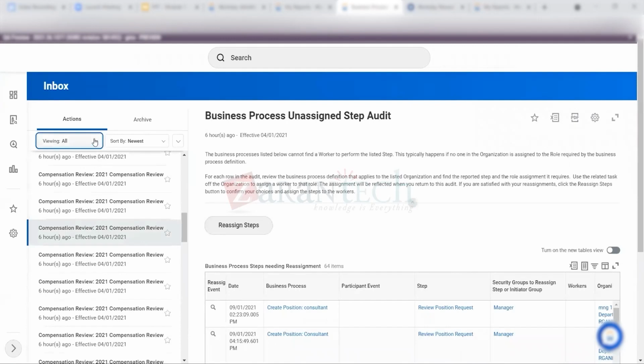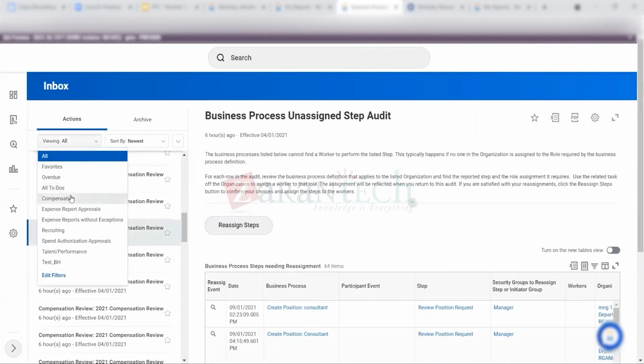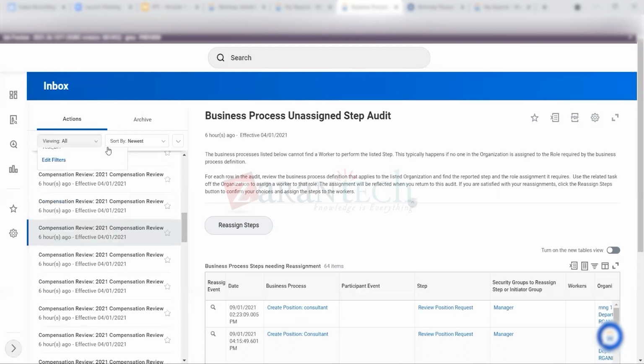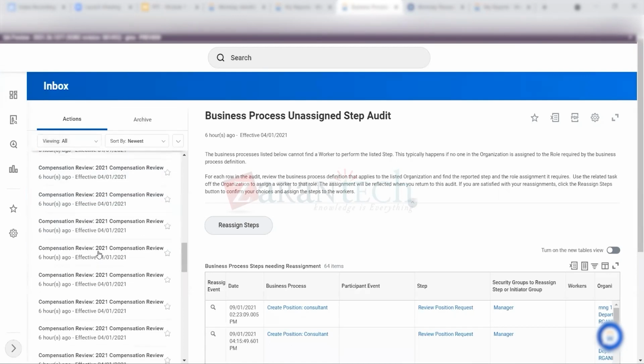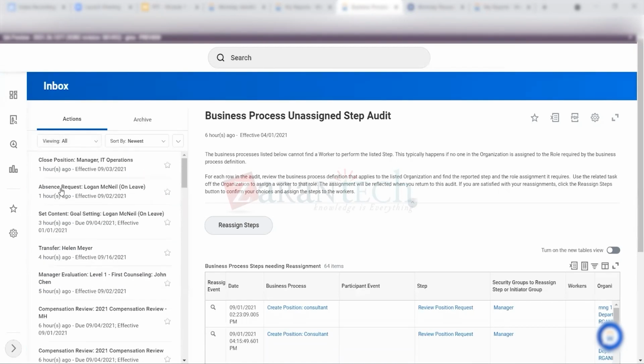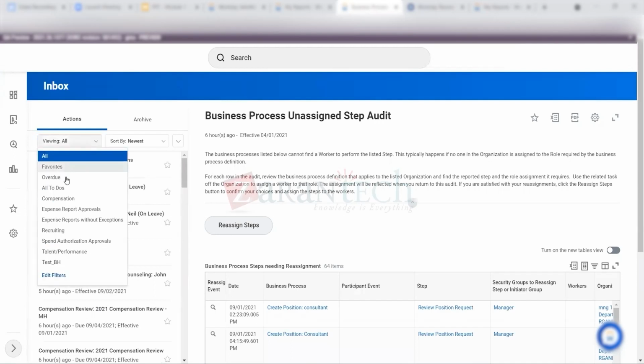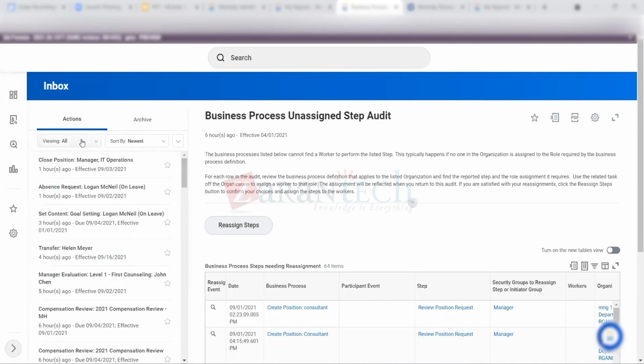She needs to take action on them. And if you want to filter your results, say based on compensation related requests, absence related requests, or recruiting related requests, you can filter. Whatever you are seeing is the overall complete result, but you can filter based on the category. If you want to see only the absence requests, you just filter them. If you want to see only the recruitment requests, you just filter them. Here a viewing option is available,